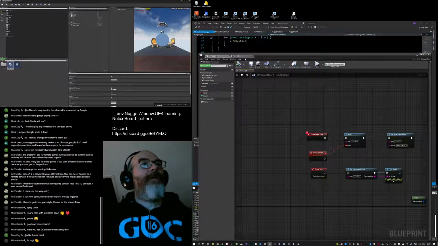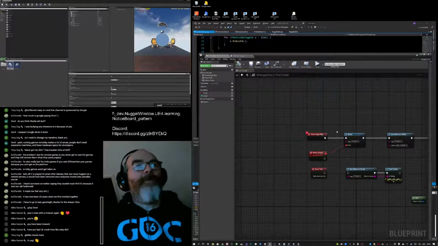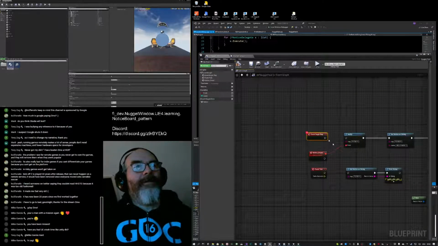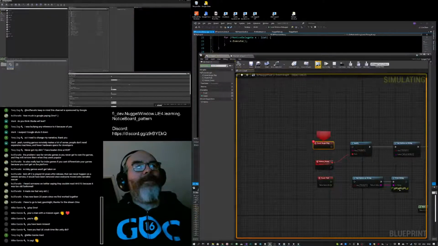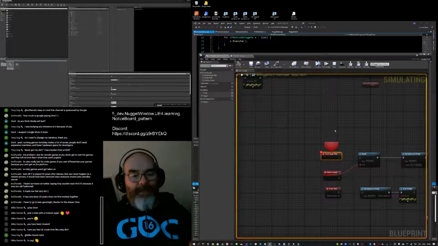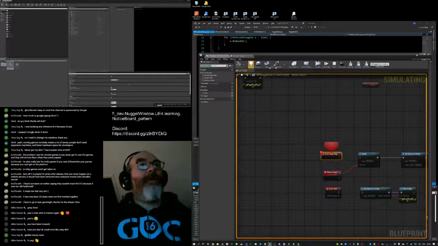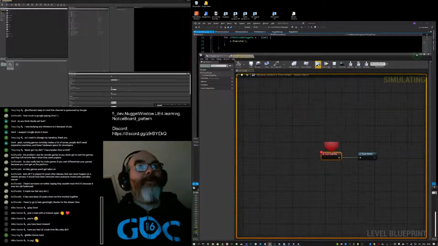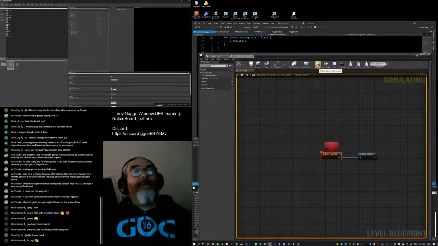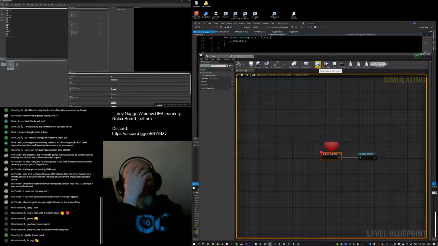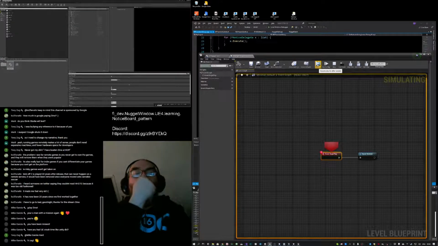That's the weird thing here, I'm going to break this link. I want to understand. It's like here, begin play, and then I resume, and then it does the level. It does the level call after.